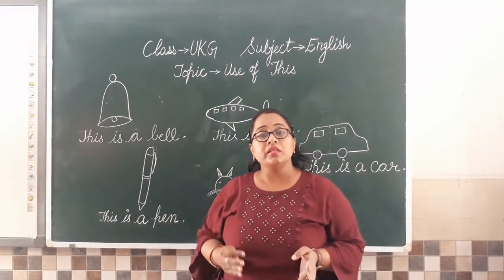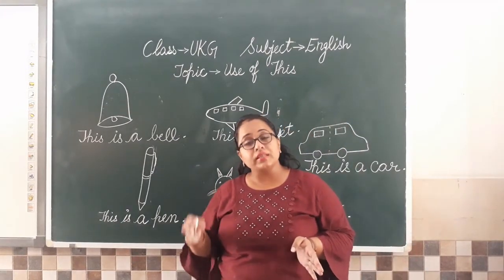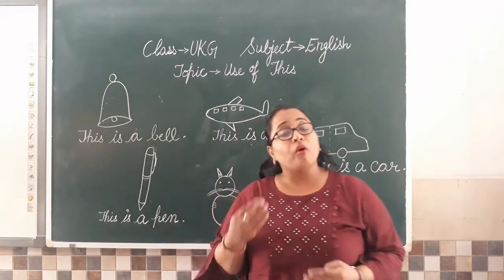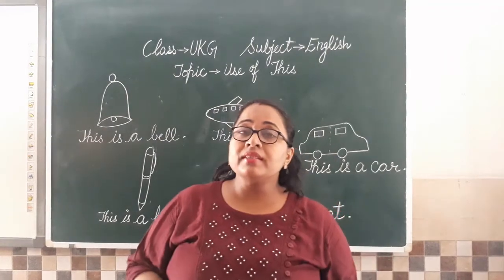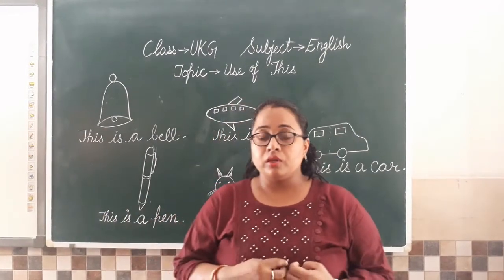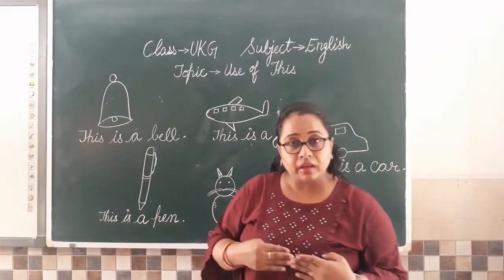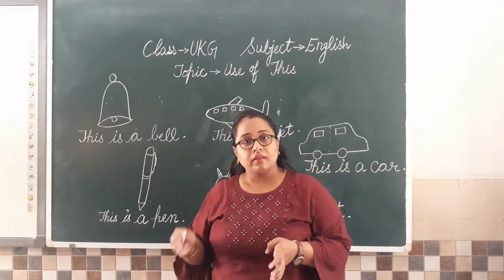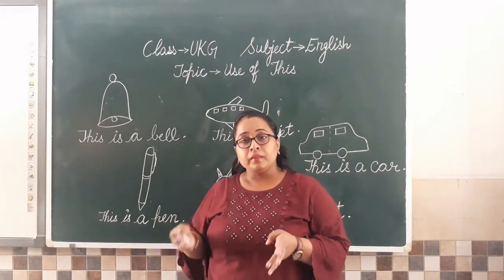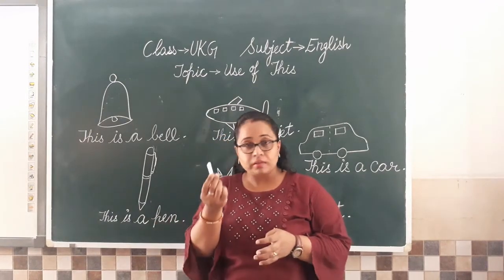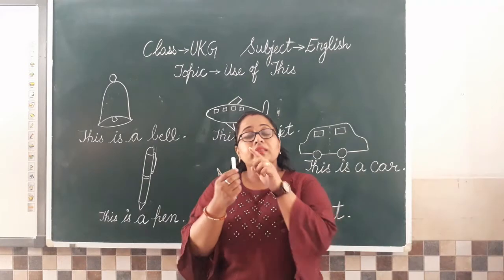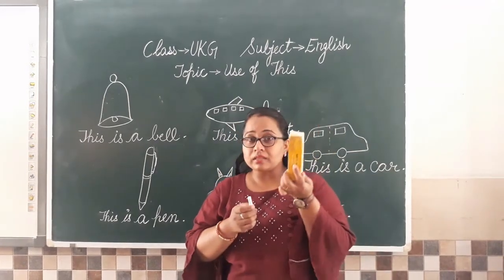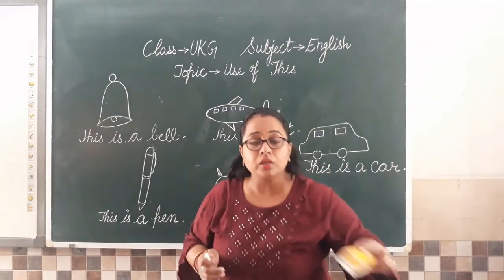We have learned how to use this to form or to frame a sentence. And for whom we use this? For the things that are near us. जो चीजें हमारे पास हैं, हमारे near हैं, for them we use this. This is a pen. This is a chalk. See, chalk is in my hand. So while I say, this is a chalk. Then again, this is a duster. क्योंकि ये मेरे near था, मैंने एकदम से उठा लिया.